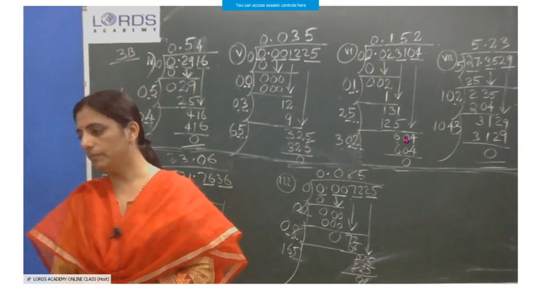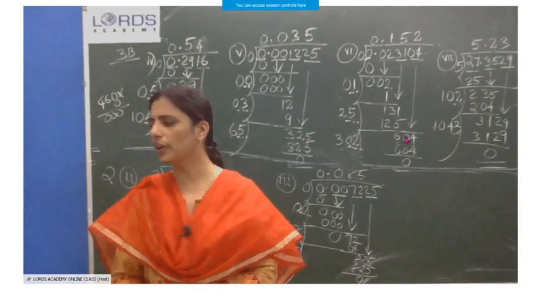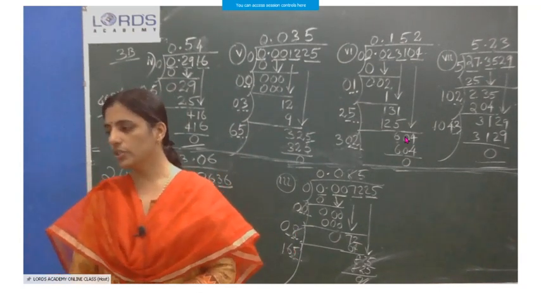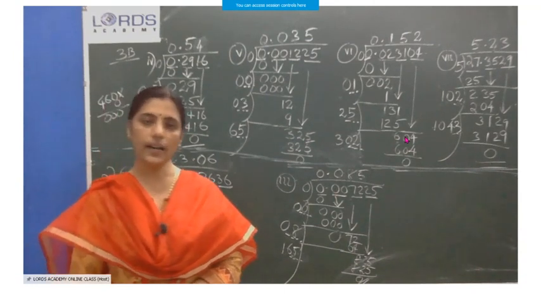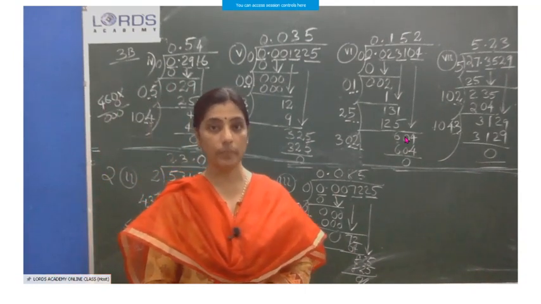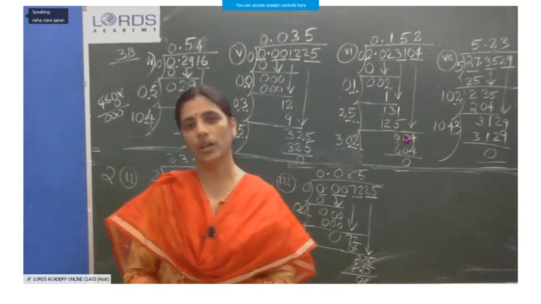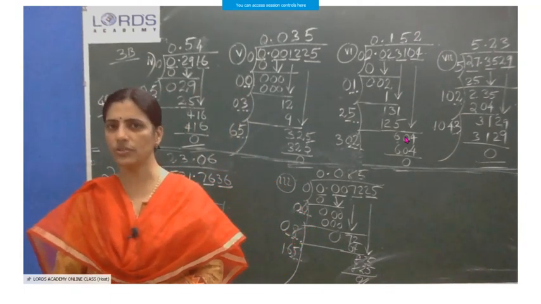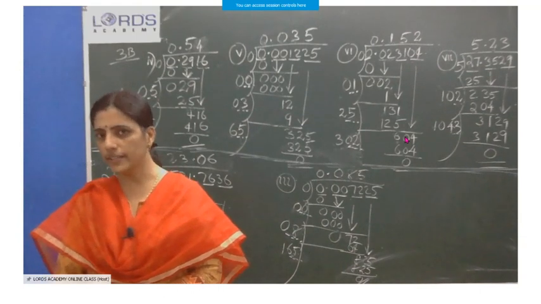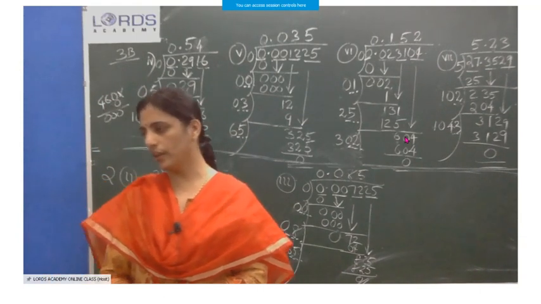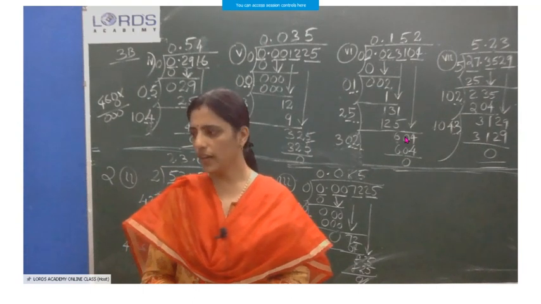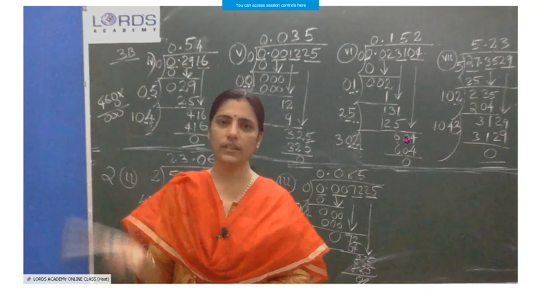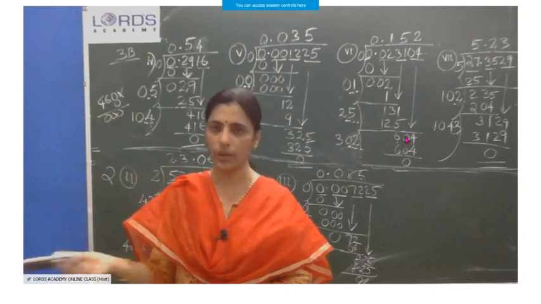Question number 12. Questions 12, 13, 14 are only something to do. Till this we simply read. Question number 12. Evaluate. Actually I didn't discuss that type of question, but I told you to try with the support of the textbook. Hope that you did, because we have studied identities. Using that you can do. In 7th standard we studied identities. Otherwise the clue is given in the textbook. With that background you can do those questions.